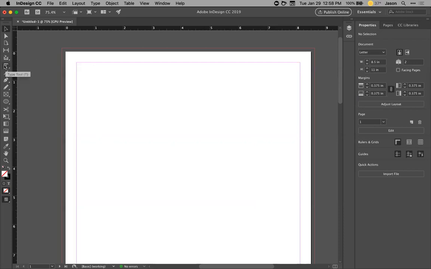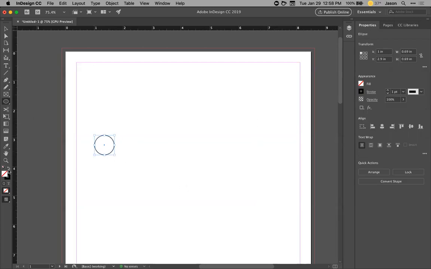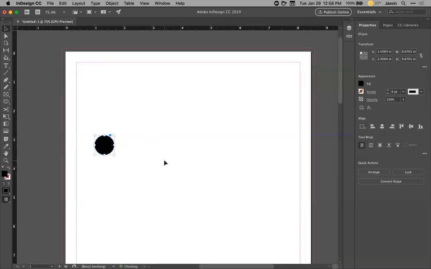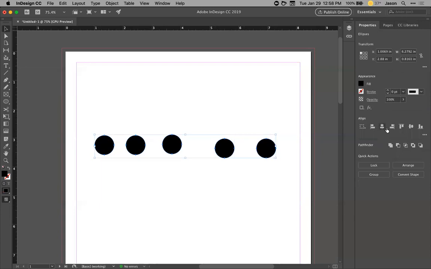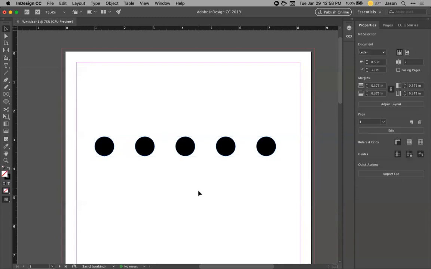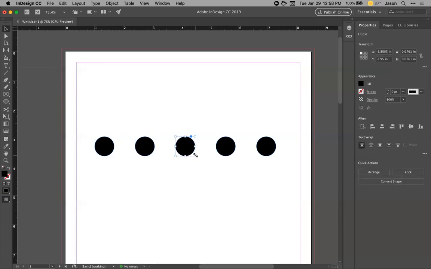So let me give you an example of that. If I come here and I do this circle, and I'm holding down Option while dragging out a few copies of this. And let's go ahead and align these and distribute the spacing, which we'll talk about. Those of you who had me in Illustrator last year or last mod, I'm sure remember this, but we'll talk about it again for InDesign later. So here I have these circles. If I go to this one and I make it like that,